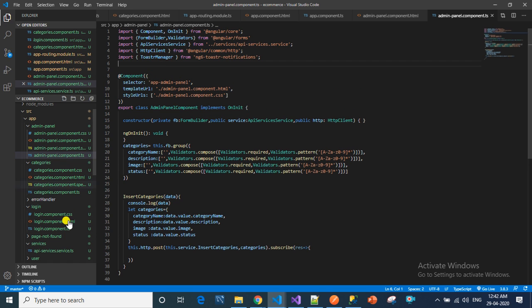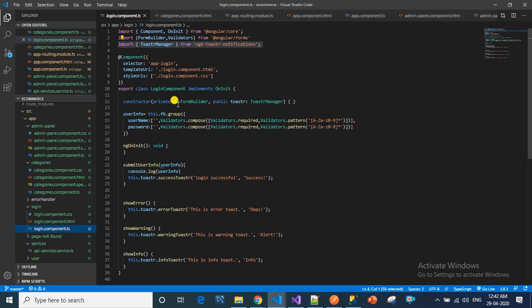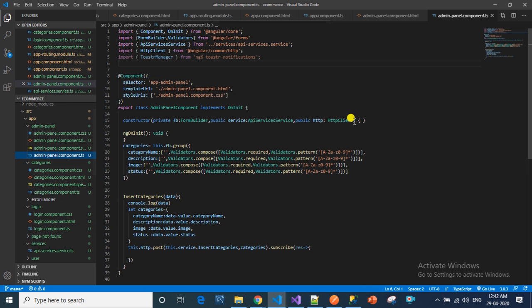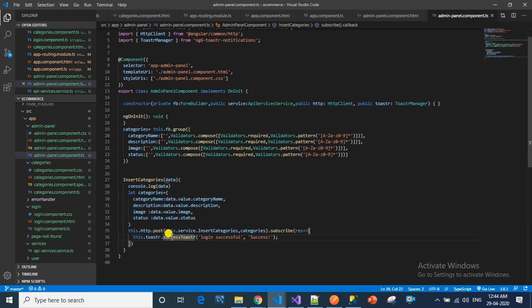Control V, toaster, Control C. So I have copy pasted this toaster code. So I am changing this to data inserted successful.